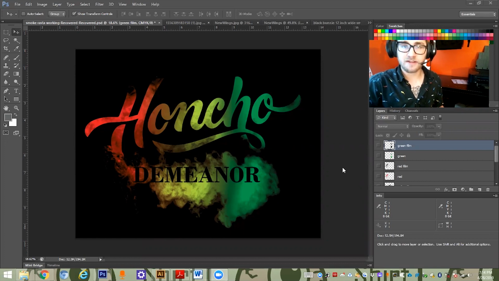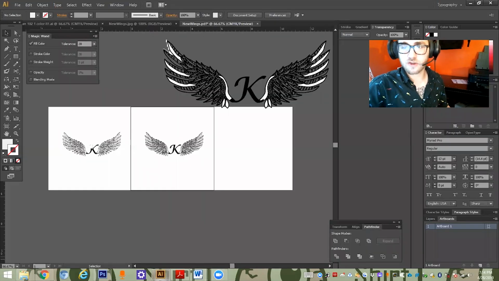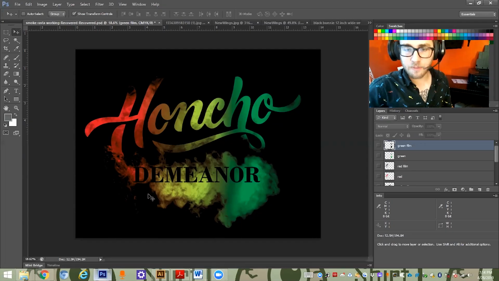So raster versus vector is a type of way of displaying an image. You have two different main types of programs for making images. You have a program called Photoshop, which is a raster program, and then you have Adobe Illustrator, which is a vector program. So if we open up Photoshop,